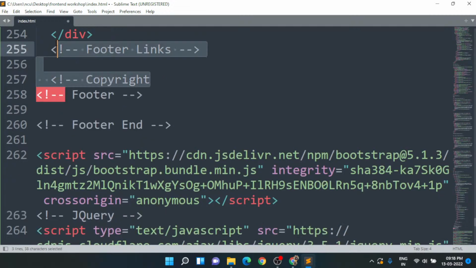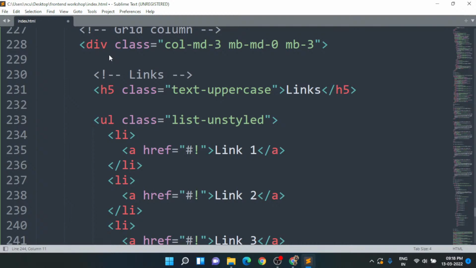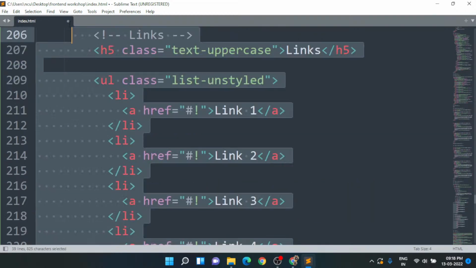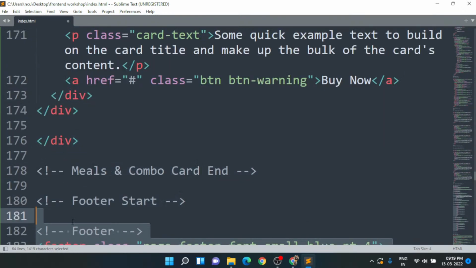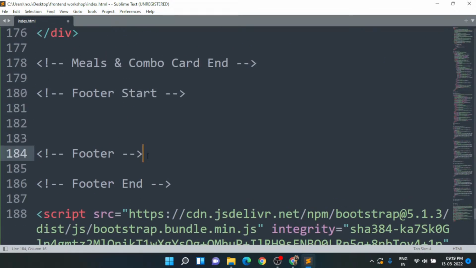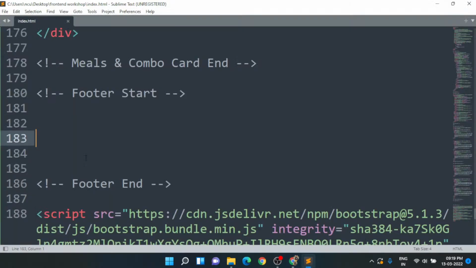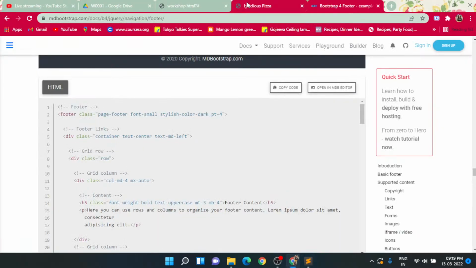Okay, this is all about the footer only. You will get the link of the previous item. Yeah, see, here it is, footer start and footer end. Now we need to paste it over here. So just save this. Now go here and copy this code, which one you want to paste, and just paste it over here. Now save and refresh and see if it is looking fine,